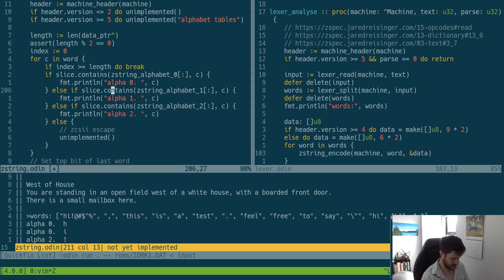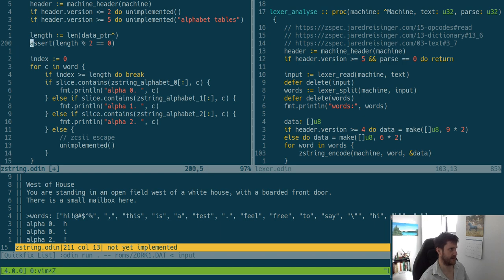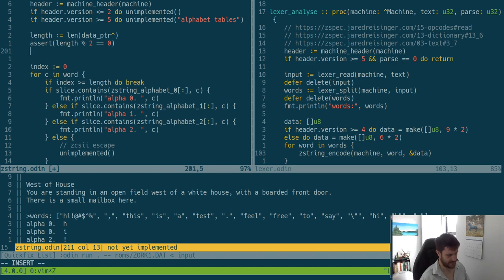How do we want to do this? I think it's kind of annoying because we want a series of bytes which are the encoded Z string, but we're going to be getting Z characters which then need to be assembled into the words. So I think after getting the length, probably want to make a